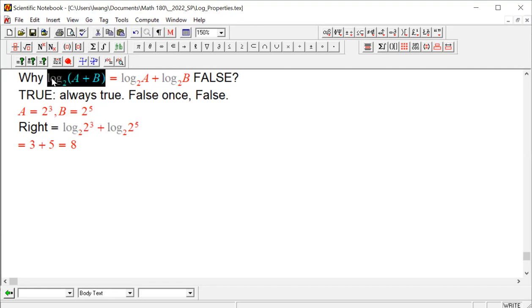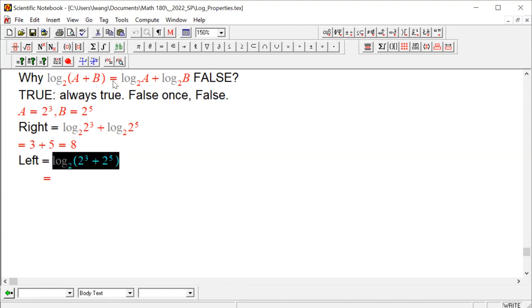How about the left-hand side? So let's look at the left-hand side. A is 2 to the power 3, and this is 2 to the power 5. Now,